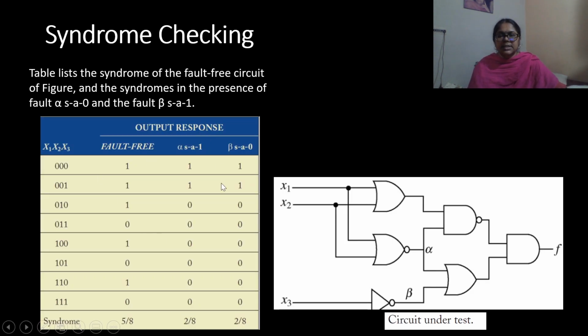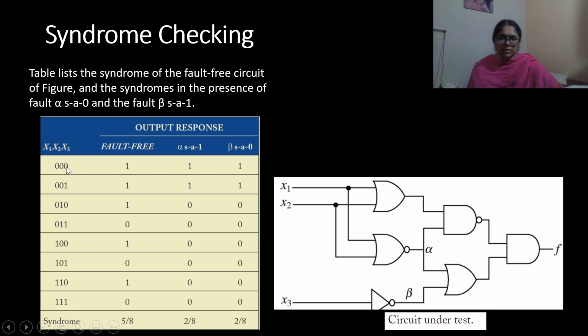This table lists the syndrome of the fault-free circuit of the figure and the syndromes in the presence of fault alpha stuck at 1 and fault beta stuck at 0. This is the truth table, the output of the fault-free circuit. You can see in this circuit x1, x2, x3, 3 inputs are present, so you have 8 input combinations.